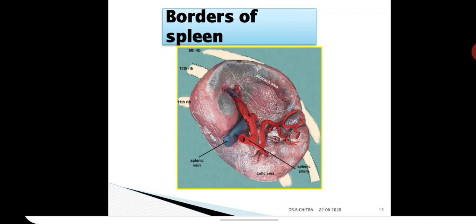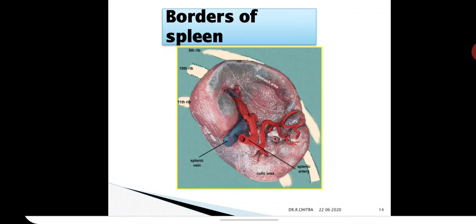Borders of the spleen: we have the superior border, the inferior border, and one more, the intermediate border, which we just saw on the visceral surface. What is the superior border? How can you identify it? It is thin and convex, and it has one or two notches. You can see in the image the upper border near the stomach area, that is the superior border, with a few notches in it. These notches indicate that the spleen is lobulated in development.